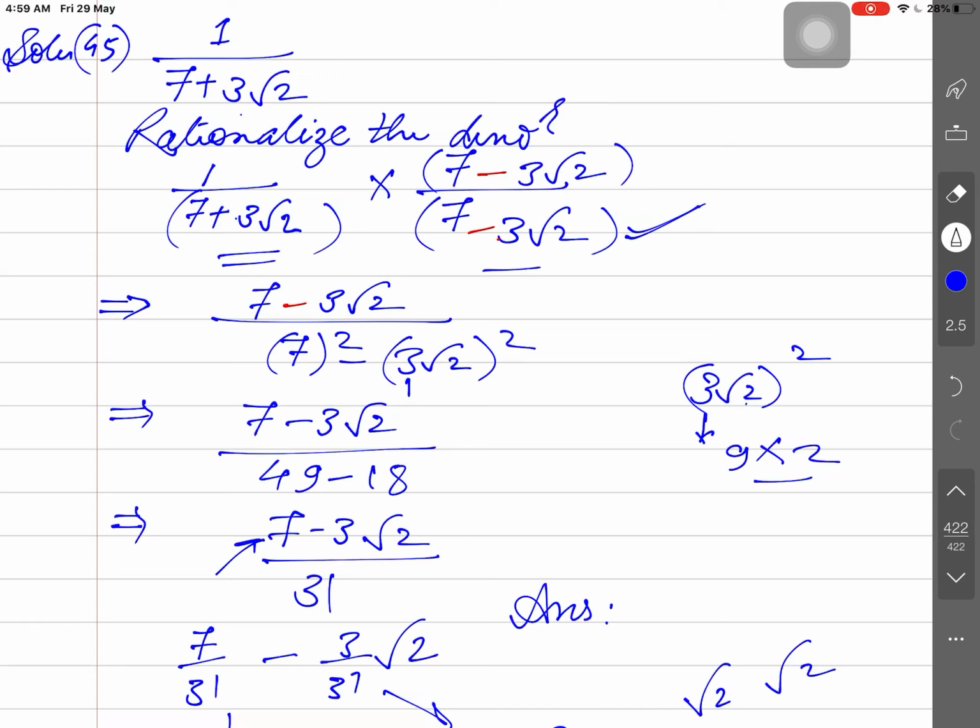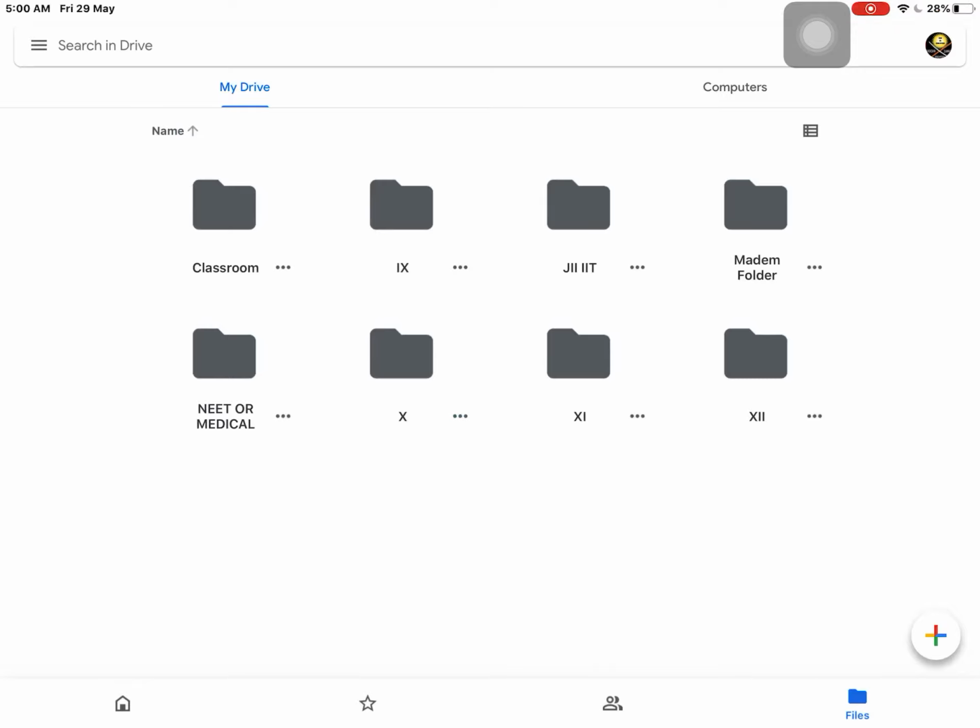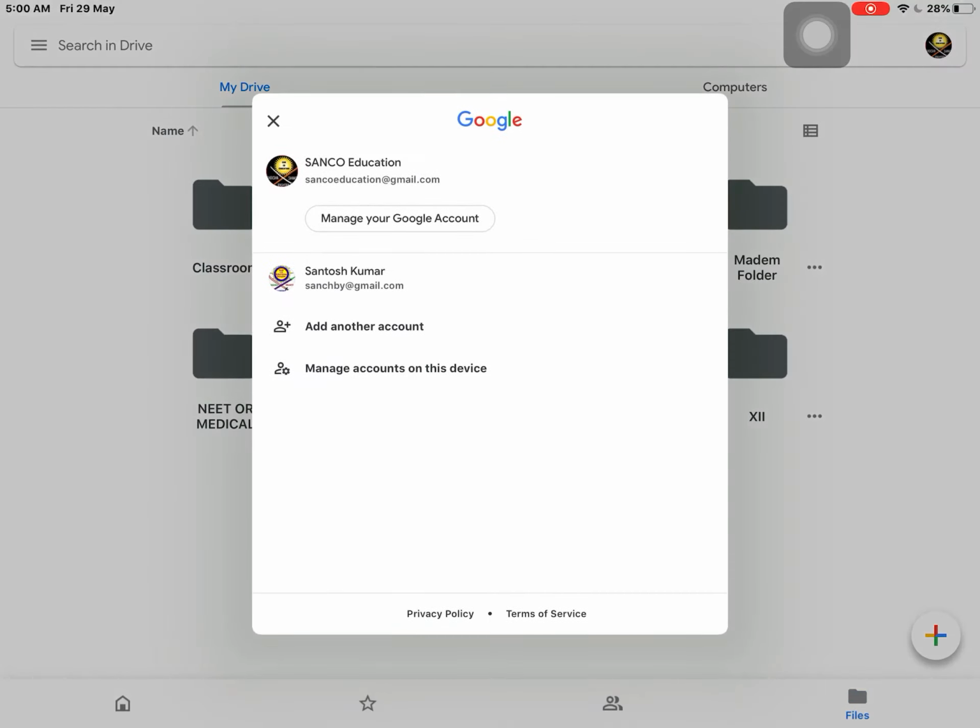Not only the denominator is to be rationalized here, but we also can rationalize the numerator. The numerator can also be rationalized in the same way, by changing its sign also. Is that clear? This term which is being multiplied here is called the rationalizing factor. What do you understand by the term rationalizing factor?